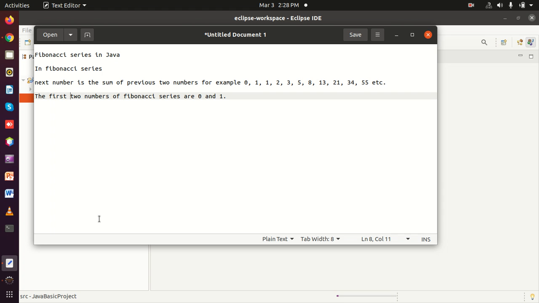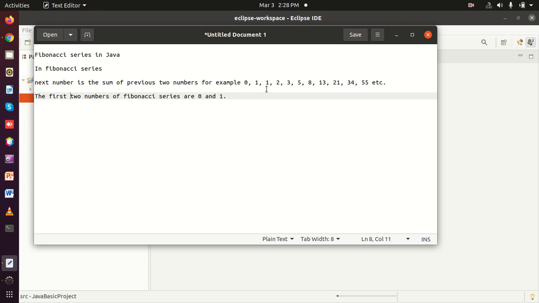Fibonacci series is the series in which first two digits or numbers are 0 and 1, and remaining subsequent numbers will be the sum of the previous two numbers.